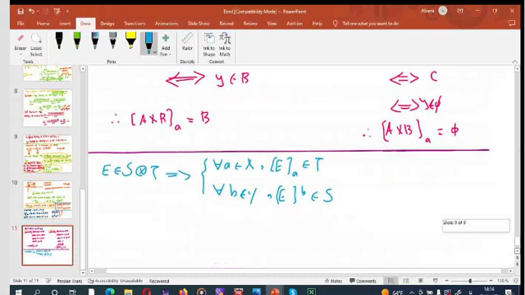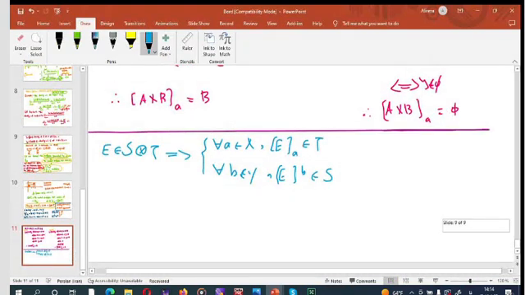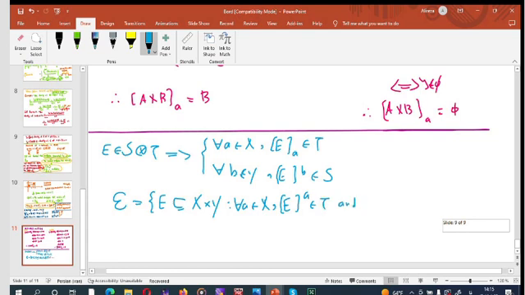If we consider E, for example, equal to the set of all E, a subset of X multiplied by Y, such that we have these two properties: for each A in X, these sections belong to tau, and for each B in Y, this section belong to S. Okay,